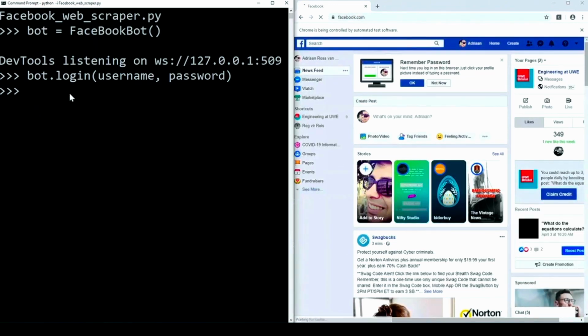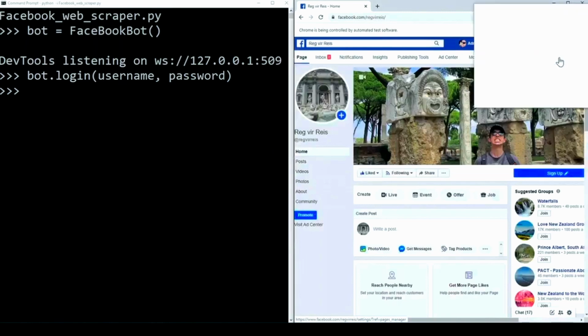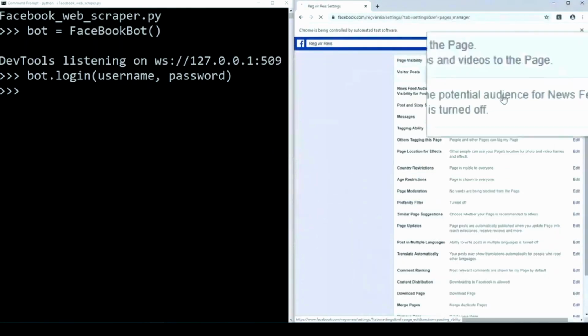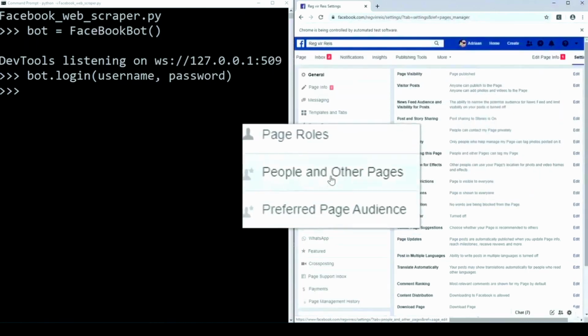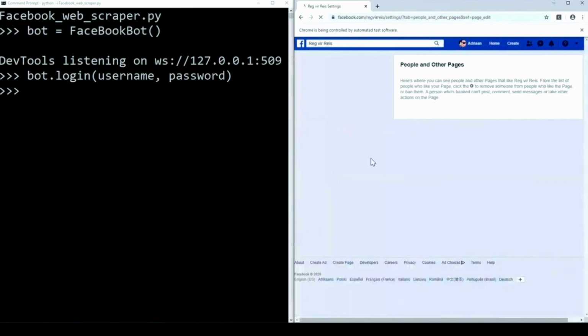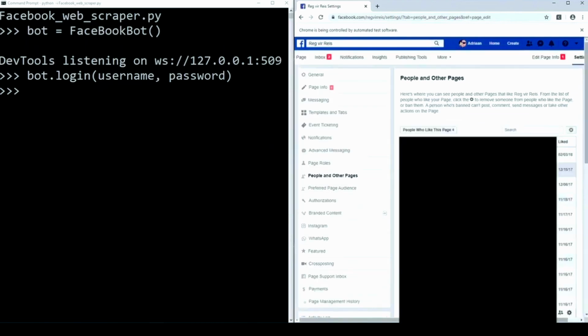Now for this video, I'm going to navigate to one of my groups, which is dormant at the moment. And if we navigate to the top, you will see there is a settings option. Now that is your page settings. If we click that and go to the left, there will be people and other pages. Now if we click that one, it will list the names of all the people that follow your page.